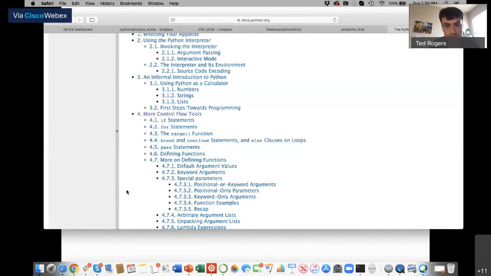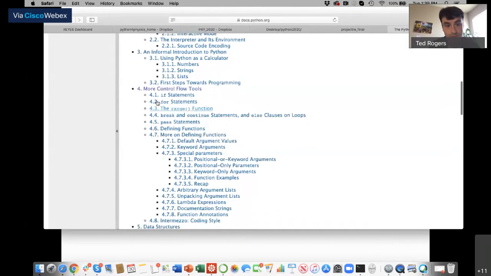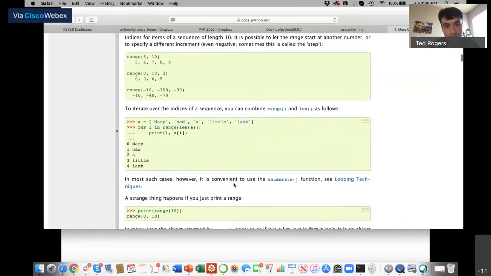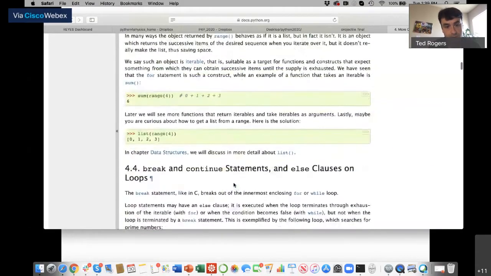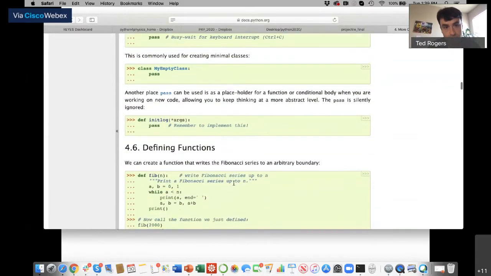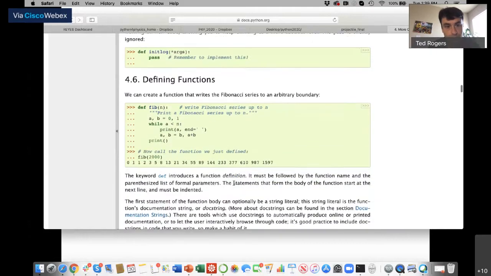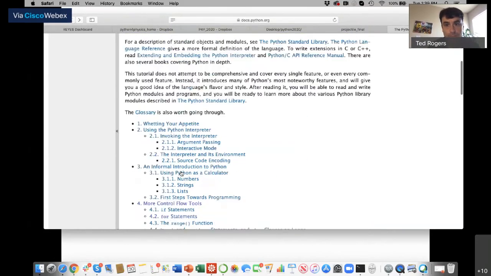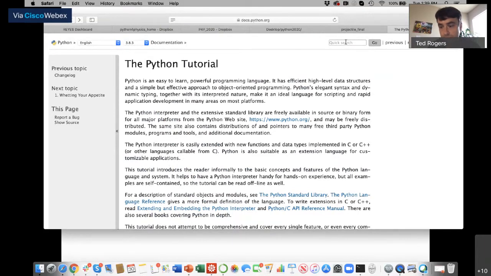If you go to my slides and click a link there, you have things like control flow tools, the if statement, the for statement. Click on that and you can see a whole bunch of examples. Probably just by doing a search, you can find many of the answers to some basic questions.